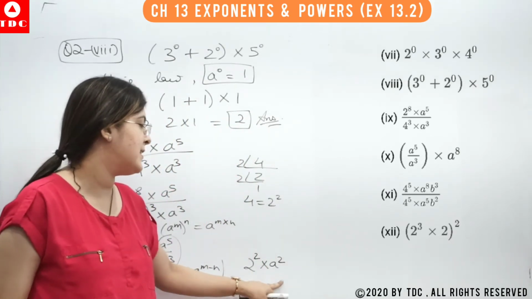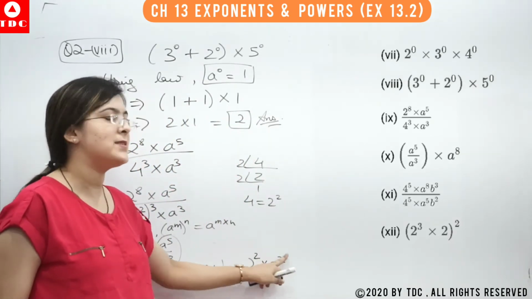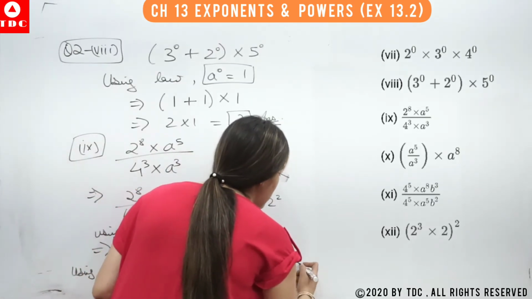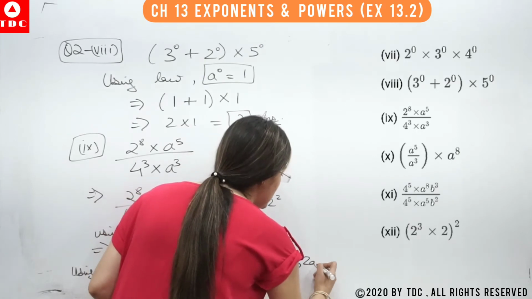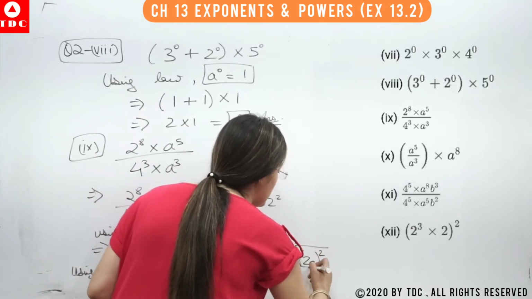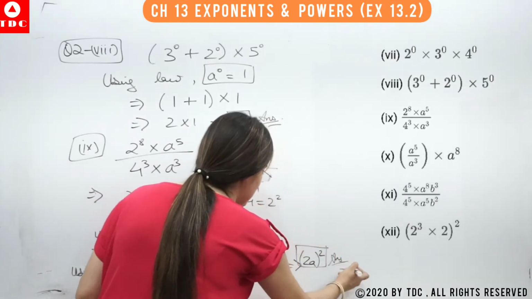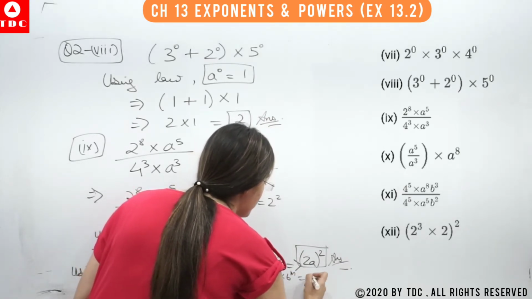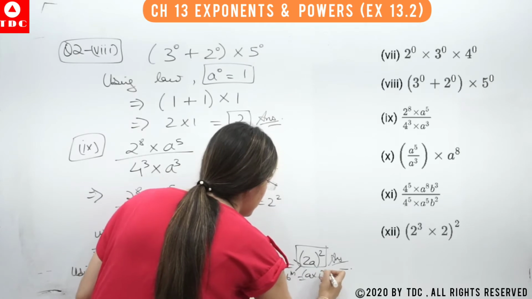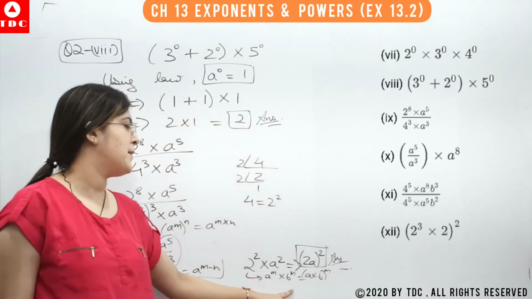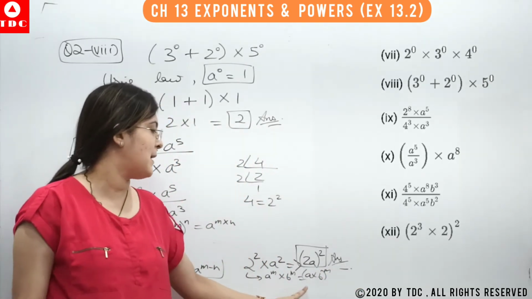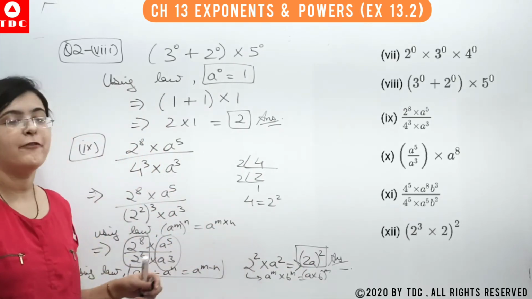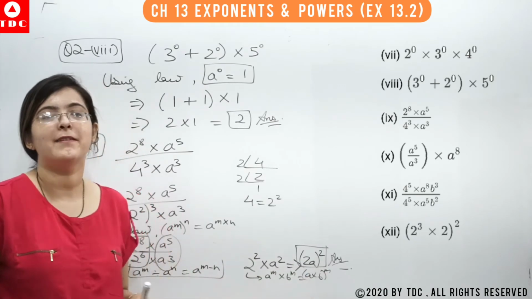Okay, we have got this. Now again the powers are same, but the base is different. So they will be multiplied. 2a to the power 2. This is your final answer. Which identity did we use here? This one. That a to the power m into b to the power m will give us a into b multiplied, to the power m. This is your final answer, 2a to the power 2.